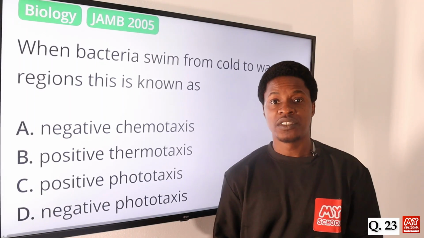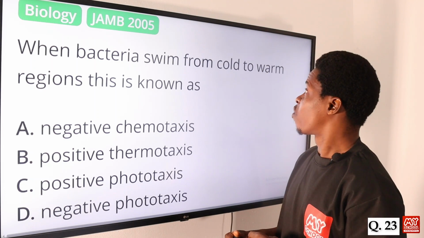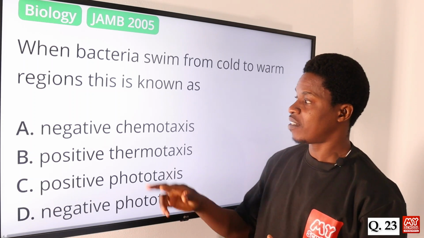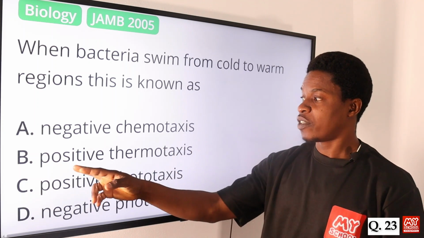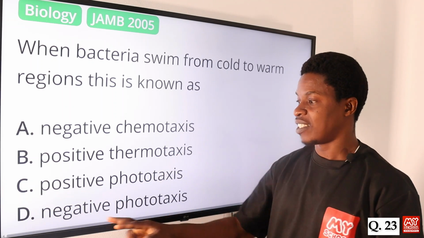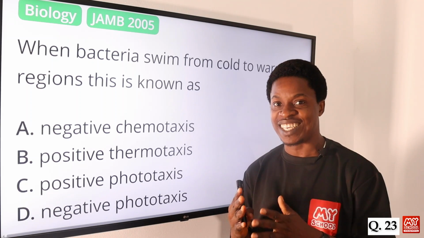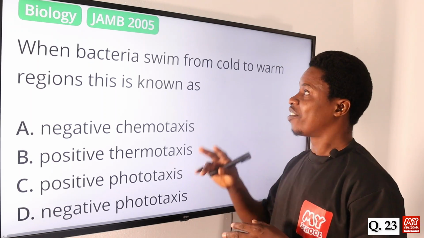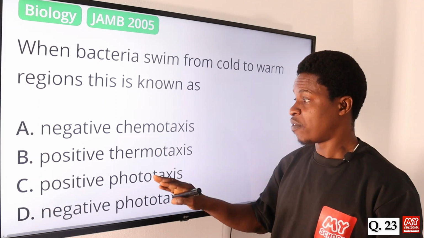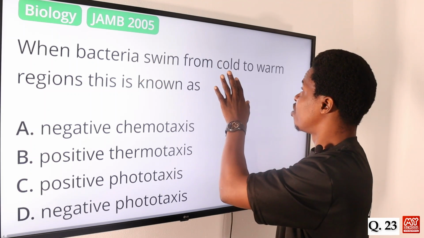Now we are moving on to question number 23. When bacteria swim from cold to warm regions, this is known as what? We have negative chemotaxis, positive thermotaxis, positive phototaxis, negative phototaxis. Usually, let's look at the elimination method. Before I explain the different terminologies, when bacteria swim from cold to warm,